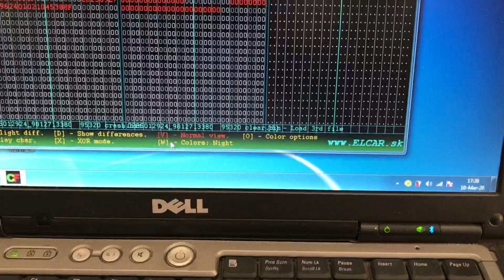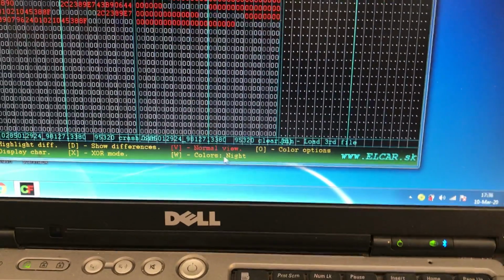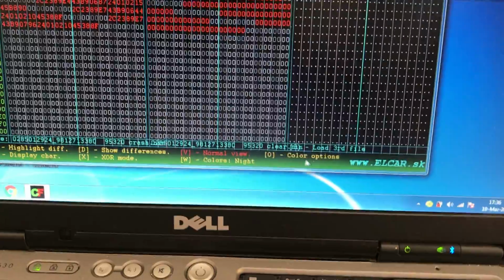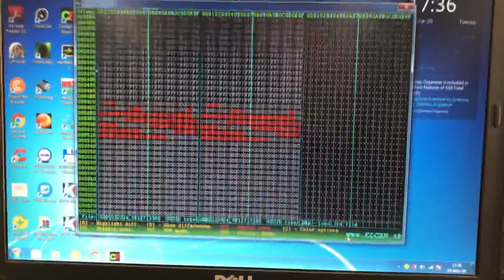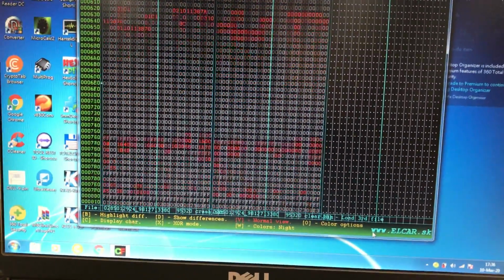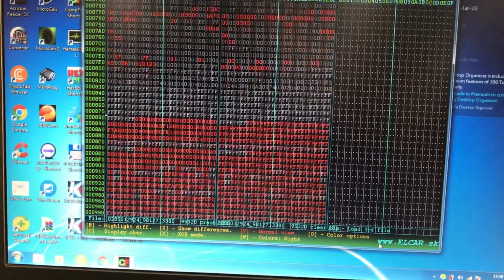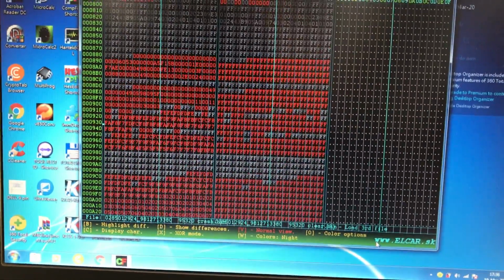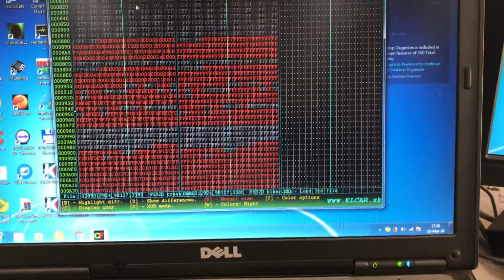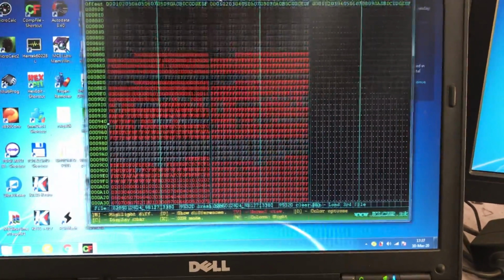We can change colors here to night colors or whatever. Is not necessary. It is another color options. But basically this is how the comparator works. We can't edit files here, but what I am going to do, if I need to edit file, I'll open